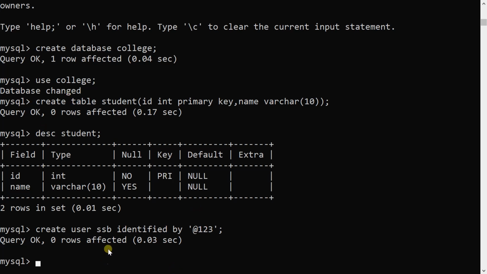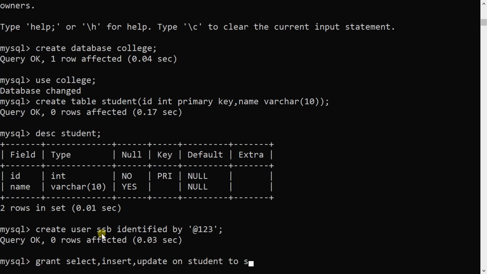If I want to grant permission to a user, like which operations can be performed by that user, that can be done by using the grant command. Grant select, then insert and update. I am showing you three operations are granted. On which table? Student table.